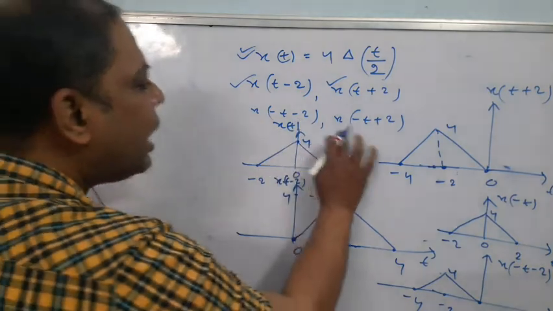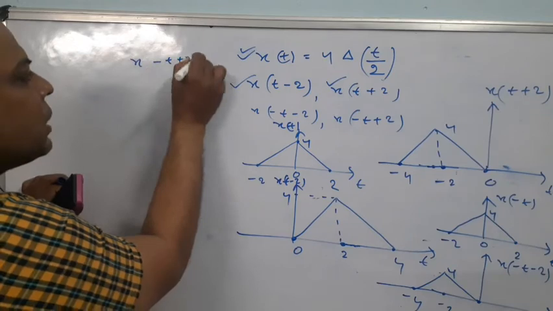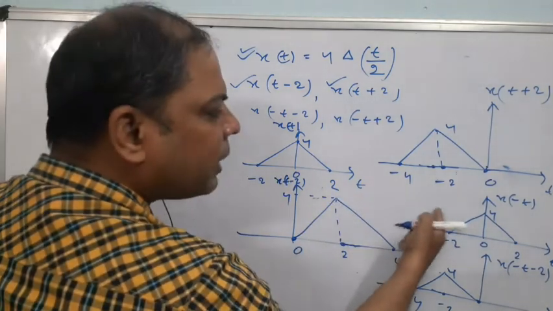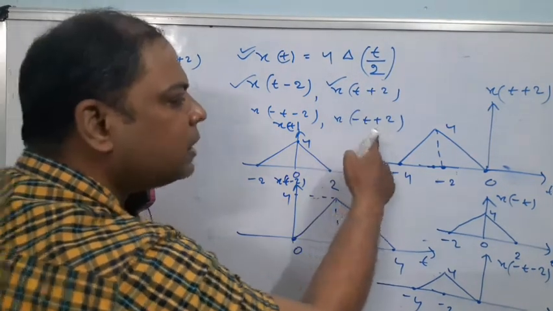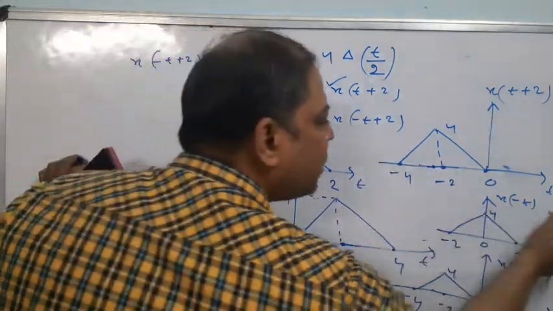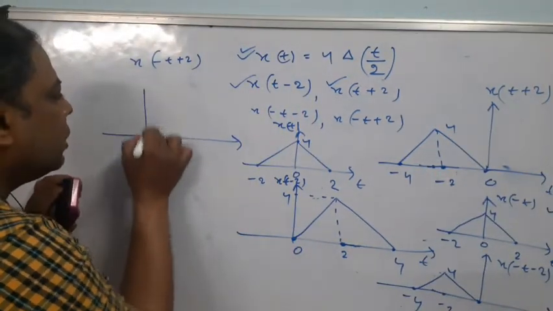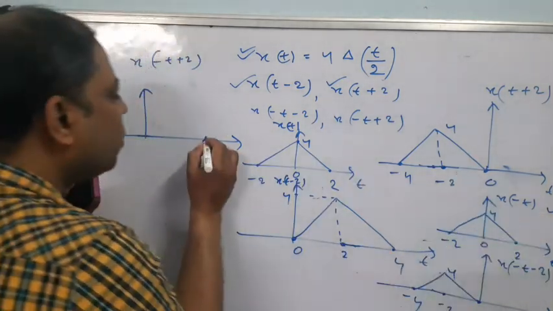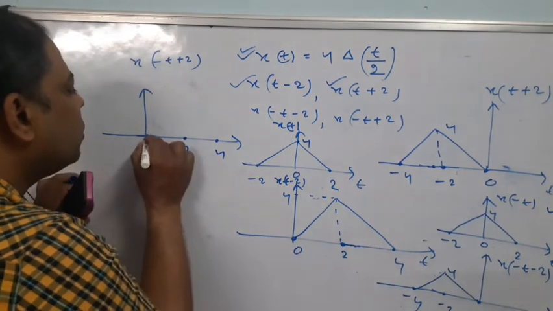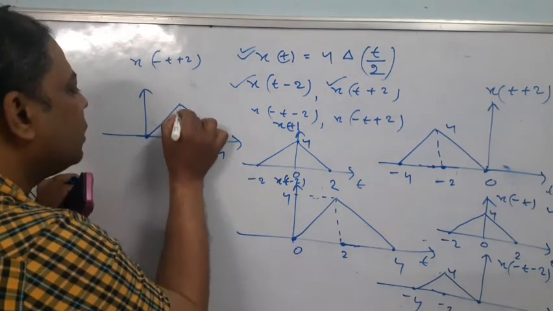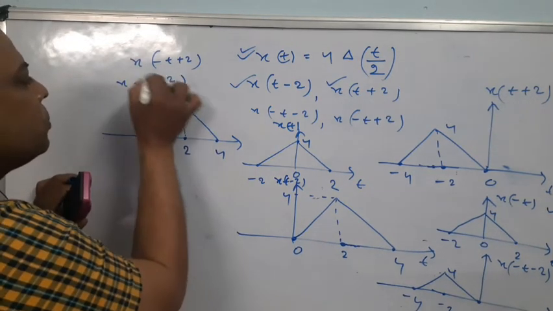Okay. So now the last case is x of minus t plus 2. See, x of minus t plus 2. How to sketch it? Similarly, the already folded signal you have got, x of minus t. Now plus 2 means what? Generally plus signifies left shifting, but here it is right shifting. Right shifting means this x of minus t, you have to shift towards right. So if you shift, then 2 becomes 4, 2 plus 2, 4, then 0 plus 2, 2, minus 2 plus 2, 0. So this will be the signal. This is your 4. So this is your x of minus t plus 2.